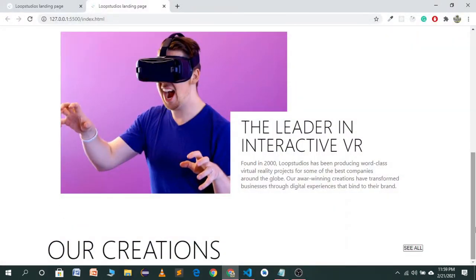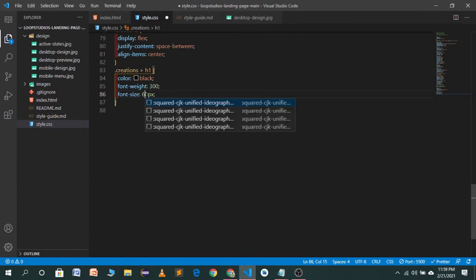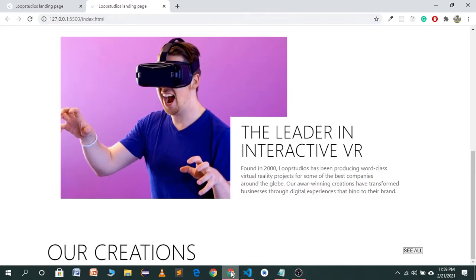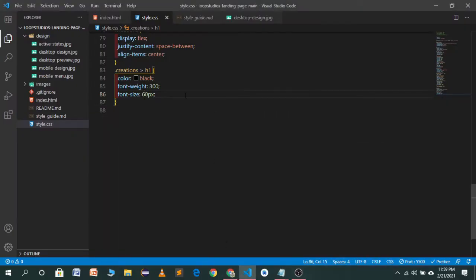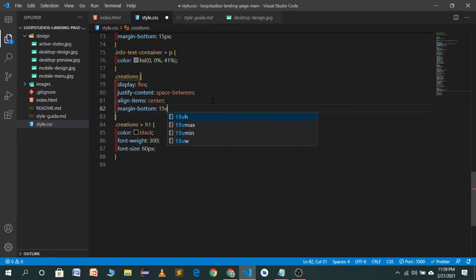Now it's looking a little bit boring. So let's try 60 pixel. 60 pixel is looking good. So we want to give a margin bottom to our creations, which will be 15 viewport height.